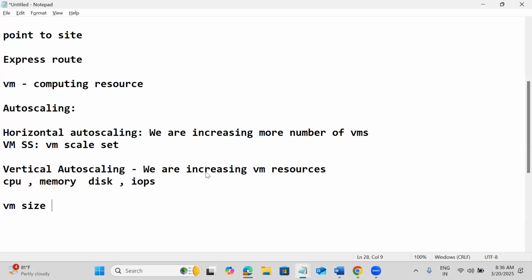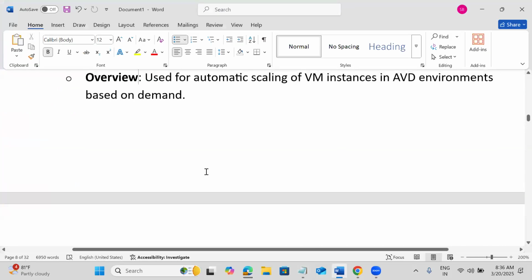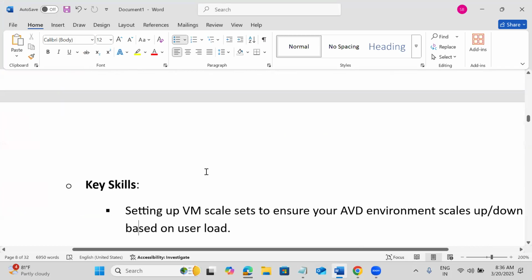So here we are using it for automatic scaling. Why do we need to go for this? In order to provide scalability, because nowadays the workloads are very unpredictable. To handle that unpredictable load, definitely we need to go for VM scale sets.